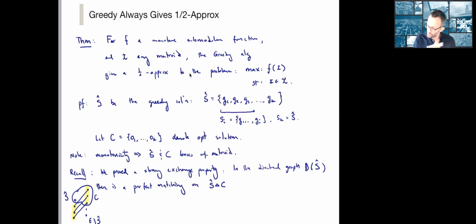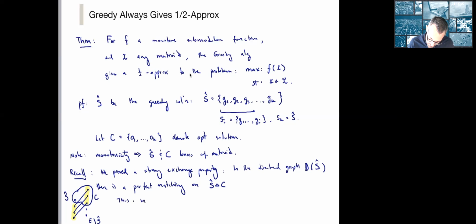So this is the theorem. So there's a perfect matching that allows me to do this. And so what does that mean? This perfect matching tells me that if I reorder the elements O1 to Ok, I can do it in such a way that swapping one at a time will maintain independence. So in other words,